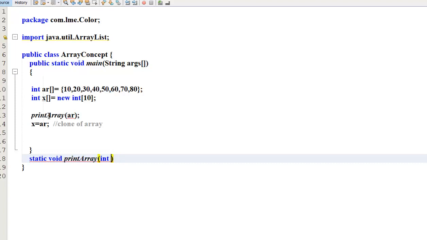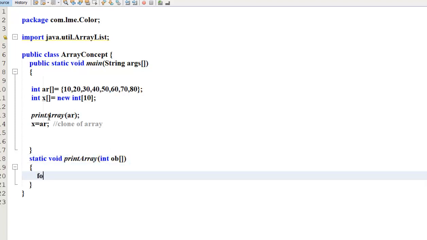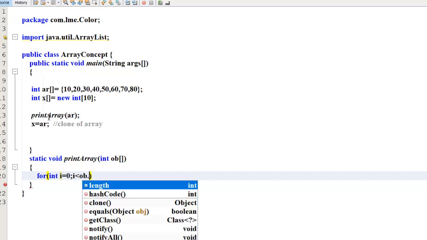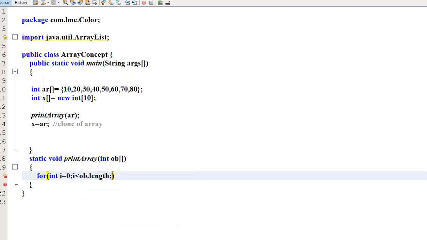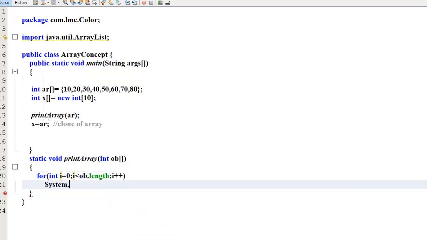Not x, I will write ob square brackets, any name. I am writing for i equal to 0 and i is less than ob dot length. Then i plus plus, and I will write System dot out dot println object of i. Just use print array of x.